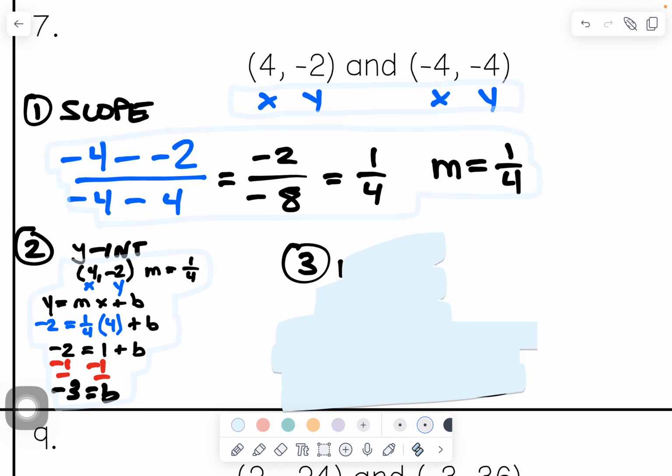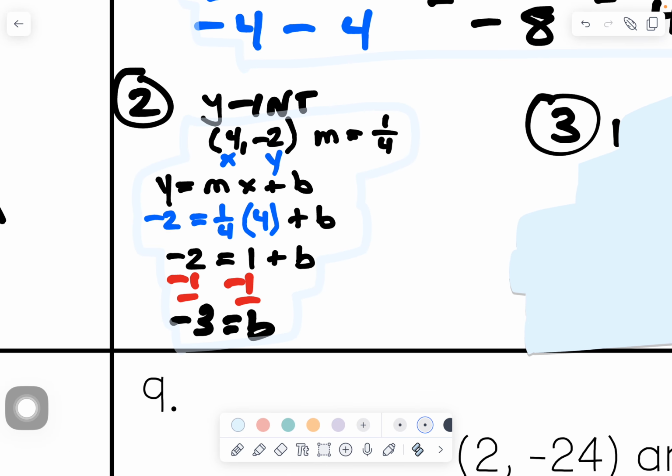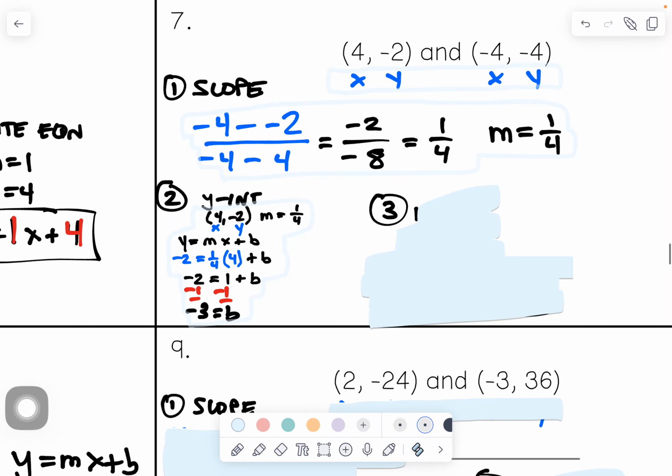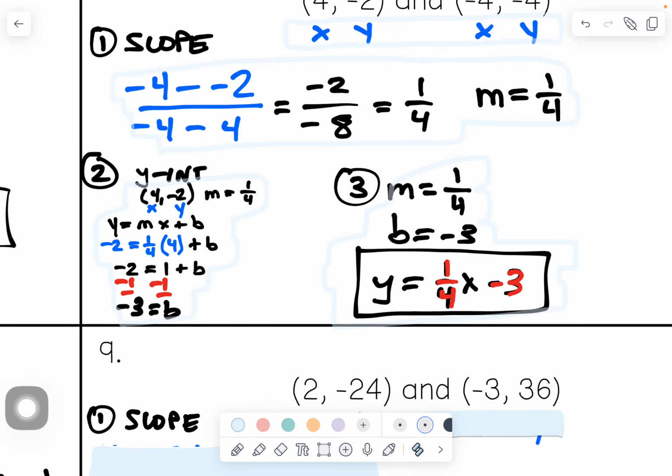Now I want to find the y-intercept. You can choose either coordinate. I chose the 4, -2. Notice how I plugged each of these pieces in: the -2 for the y, the 1/4 for the m, the 4 for the x, plus b. I had to solve the equation. I came out to get -3 for my b value. Now I want to write my equation. If my m is 1/4 and my b is -3, my equation ends up being y equals 1/4 x